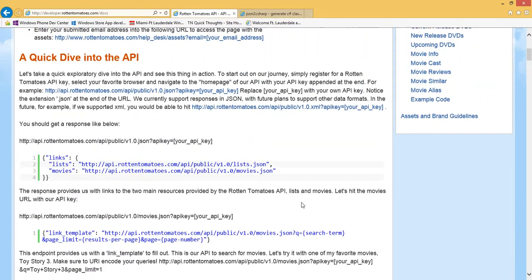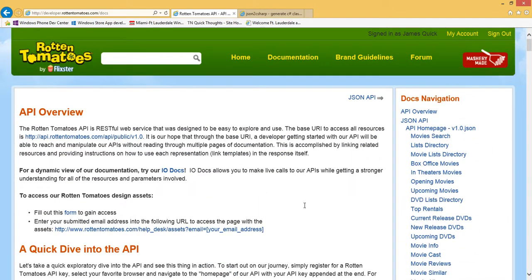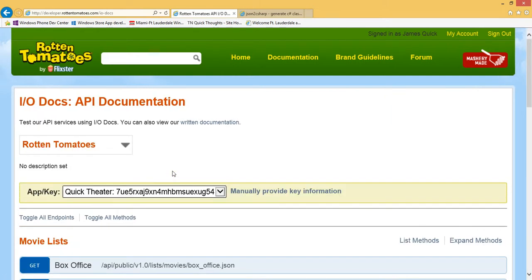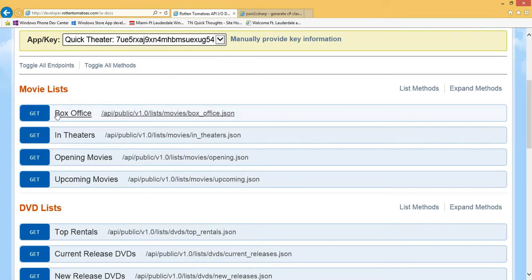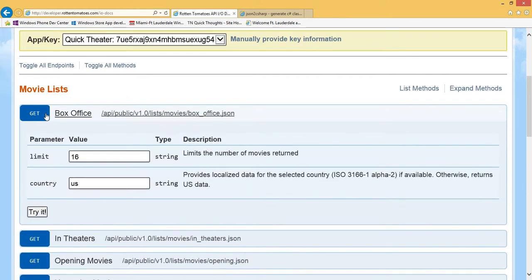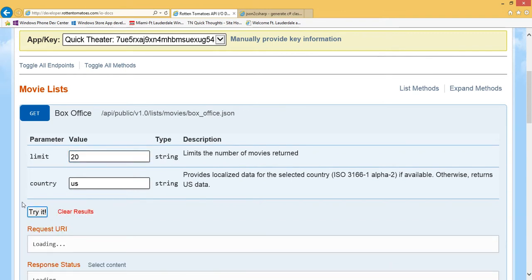It gives you some examples of different calls you can make. One of the really cool things I like here is the IO docs, which does the same thing but in a more visual way. So it's got my application key saved here, and if I scroll down, these are all the different calls I can make. So let's take the box office, for example, and expand that, and this limit value is how many movies I want to get back, so I can change it to 20 or something like that. And then if I click try it and give it a couple seconds,